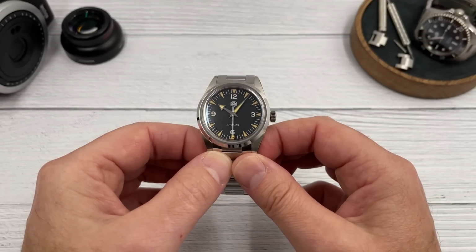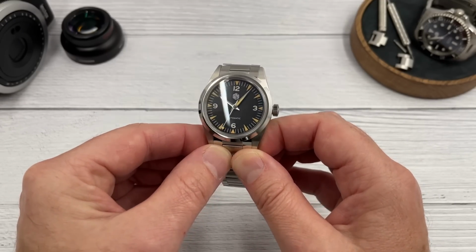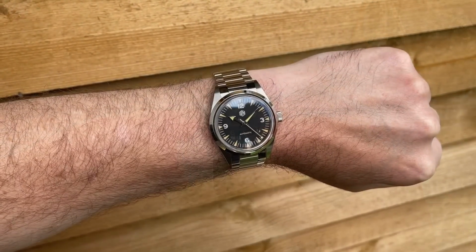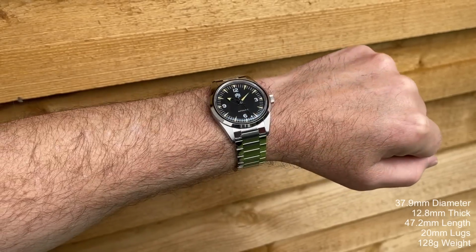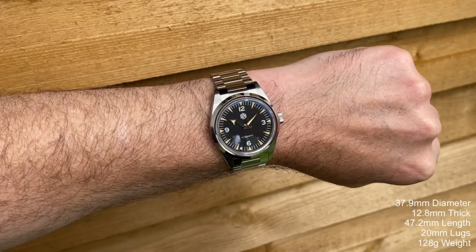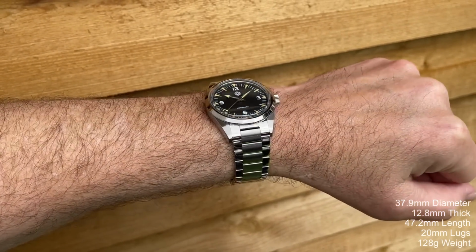It is a proper new release, a brand new watch, the SN0113, a sort of vintage retro-inspired sports watch, NH35. Decent specifications for this watch, so it's around $230 out of the sale. All the good stuff: sapphire crystal, 316L stainless steel, solid end links, solid links, screw pins, a milled butterfly clasp,